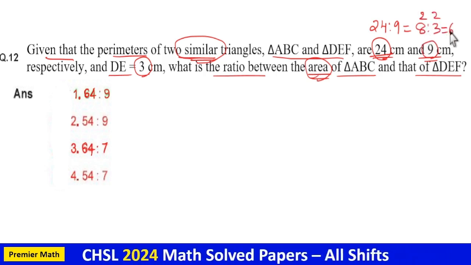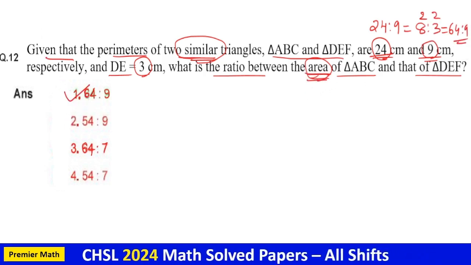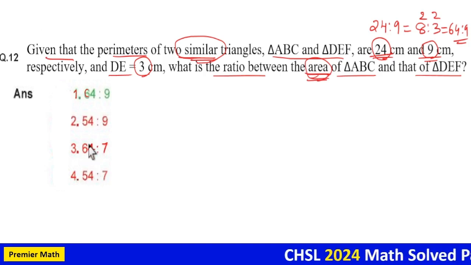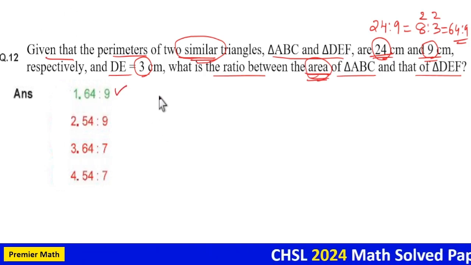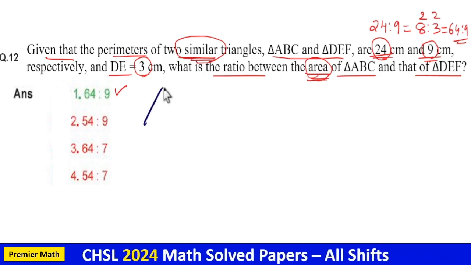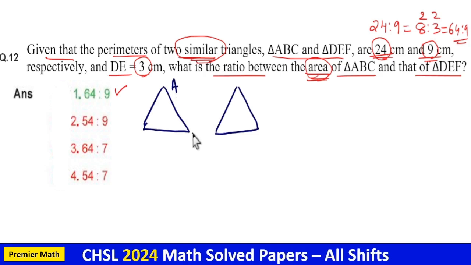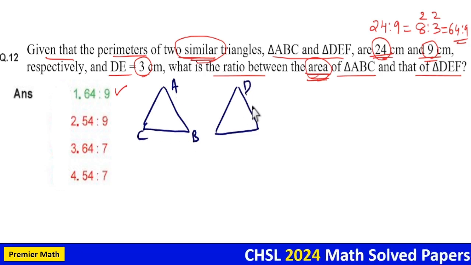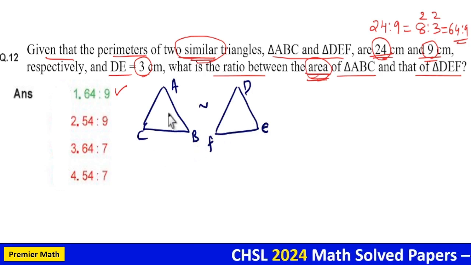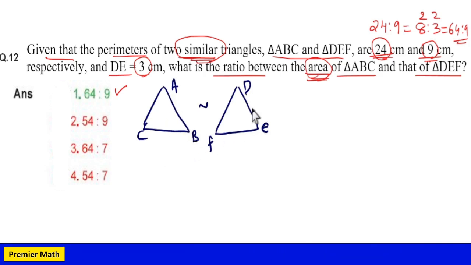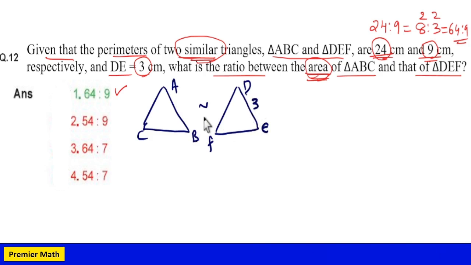That is 64:9 is the ratio of area. So option 1 is your answer. I'll explain the concept here. That is, you have two similar triangles, ABC and DEF. If these two are similar, then the ratio of their corresponding sides, that is, here AB and DE are corresponding sides,